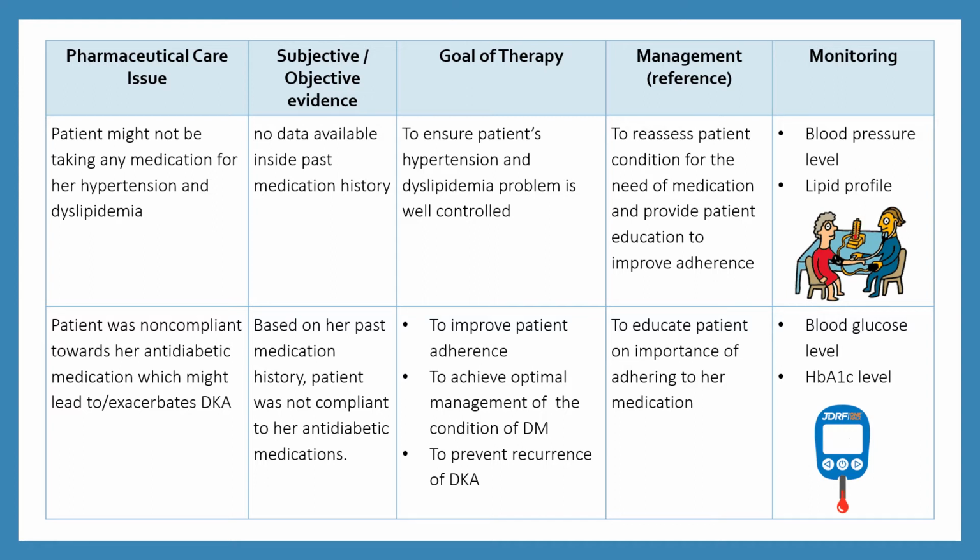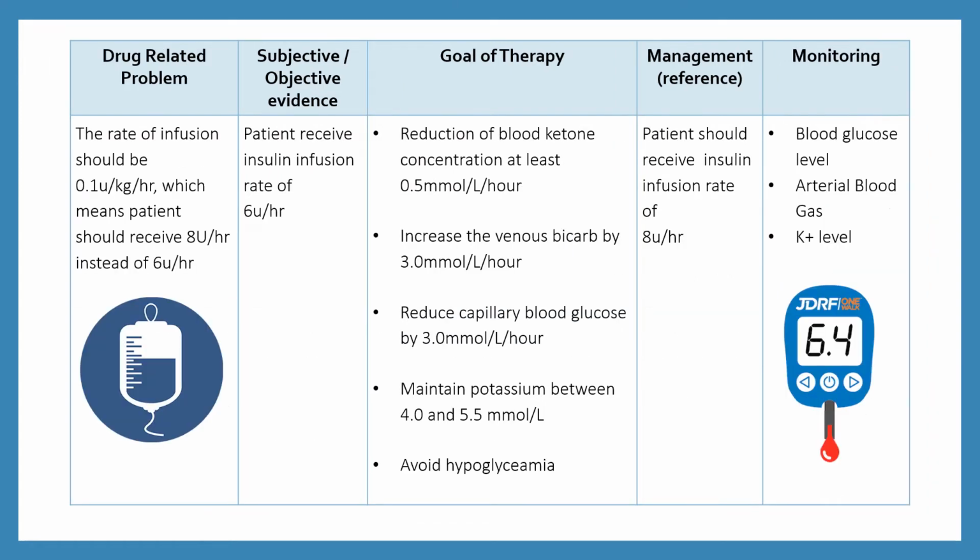This patient is also non-compliant towards her anti-diabetic medication. Hence, we need to educate the patient on the importance of adhering to her medication and monitor closely her blood glucose level and HbA1c. Another drug-related problem is that during immediate treatment of DKA, the patient received an insulin infusion of 6 units per